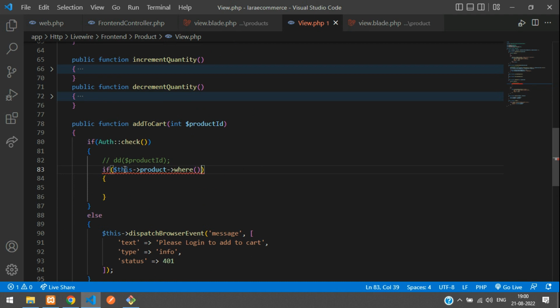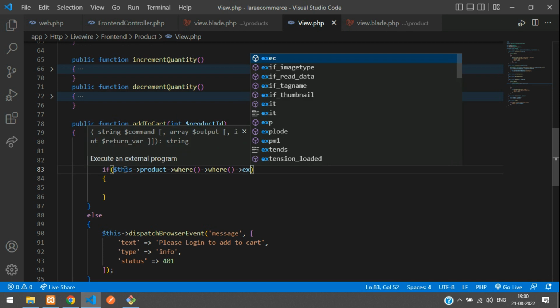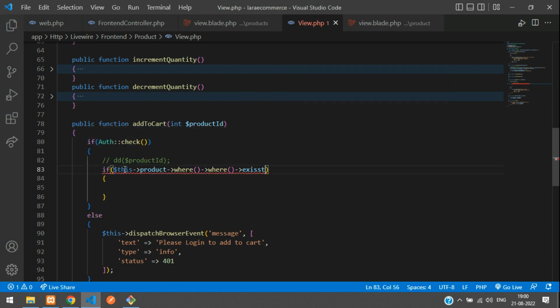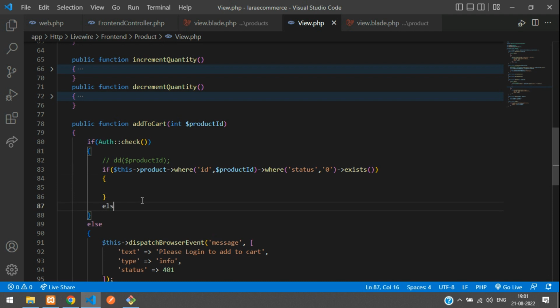and use a where condition. Again, a where condition for the status check, and then you can check with the exists function. So first here you will check with the ID, your $product ID, if it is there, and then check the status. If status is 0, then only you are getting in. Else